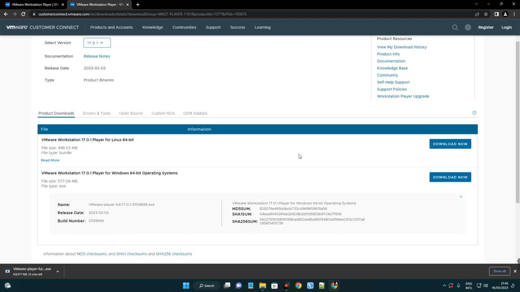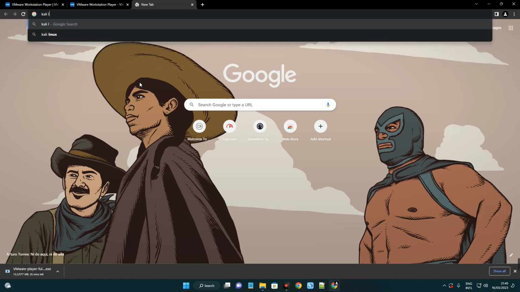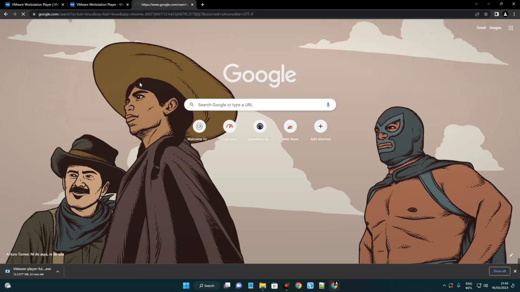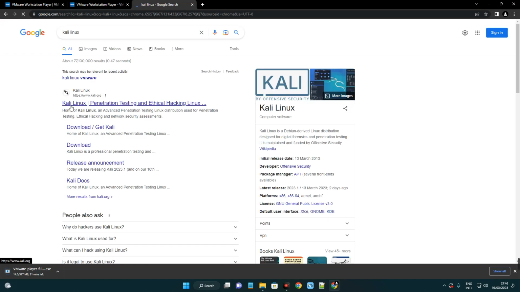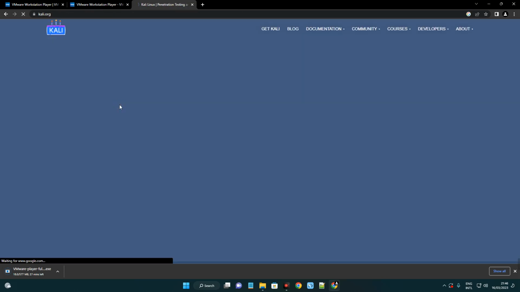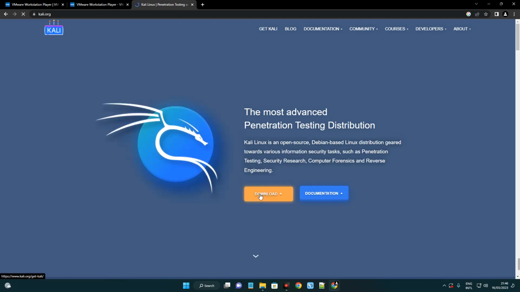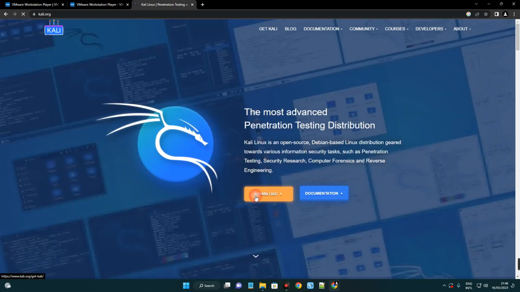Now while this is downloading, we also have to download Kali Linux installation file, and to do that let's open a new tab and then search for Kali Linux. And you can see the first page over here, Kali Linux pen testing and ethical hacking, which heads to kali.org. So let's click on that, and here we go. Now click on the download button on the screen over here,